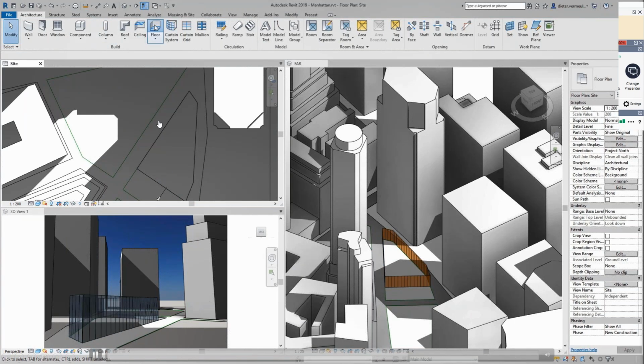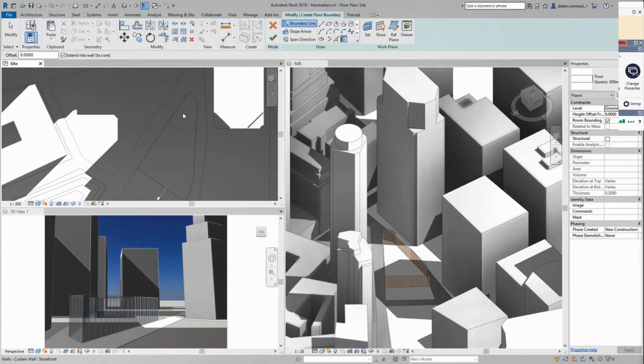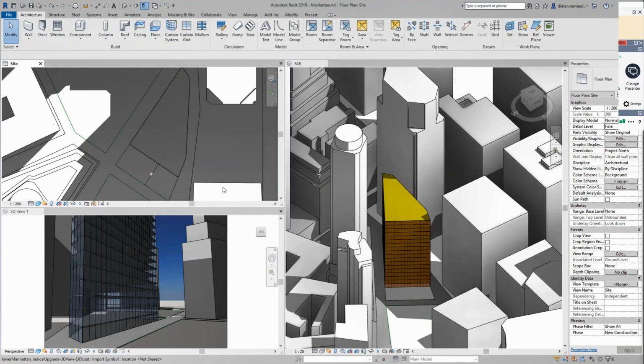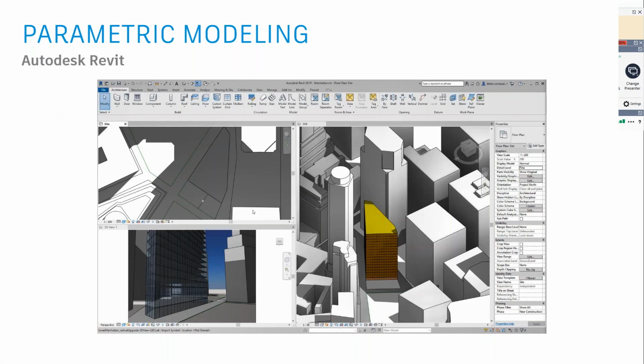Once I have updated that value, that information is spread across the project. You can make changes to the design on the fly, and because it's all parametric, you can consider multiple design scenarios in the shortest of time frames.